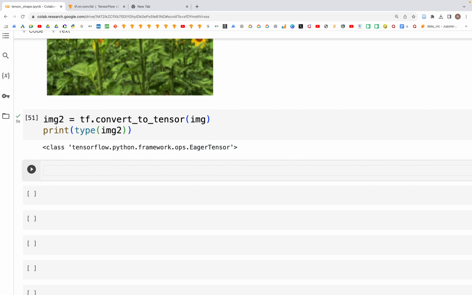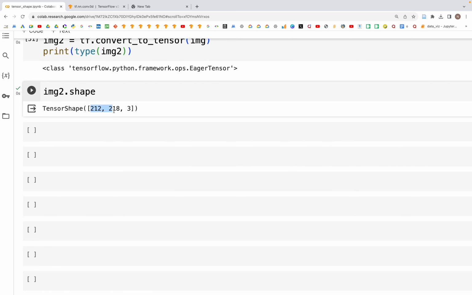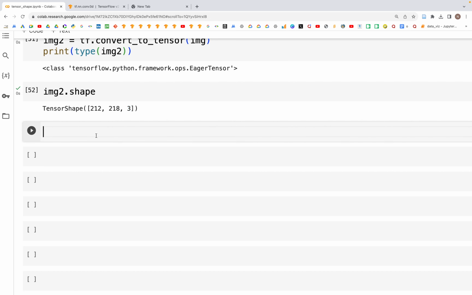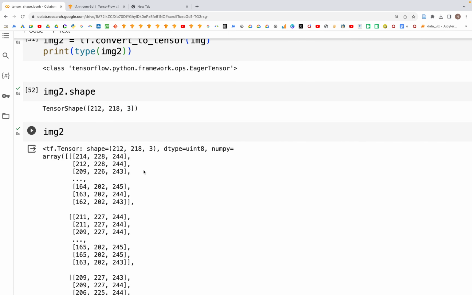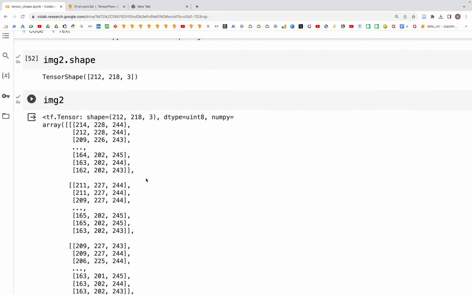And we can look at the shape of this tensor with .shape, and here we see that this is 212 by 218 pixels, so 212 is the height, 218 is the width, and 3 is the number of channels. If we try to look at this tensor, these are the values we have,